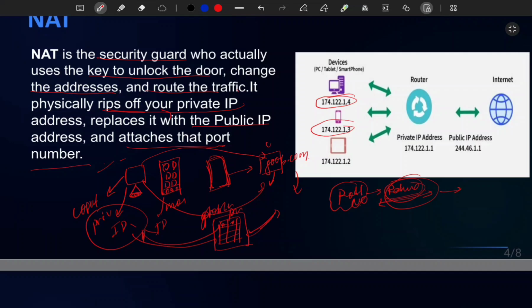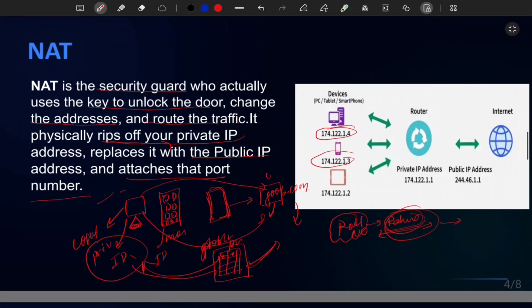Suppose in your system, in one tab you are doing some Google, you are searching something. In one tab you are listening to a song on Spotify, and in the second tab you are, what can I say, watching a video on YouTube.